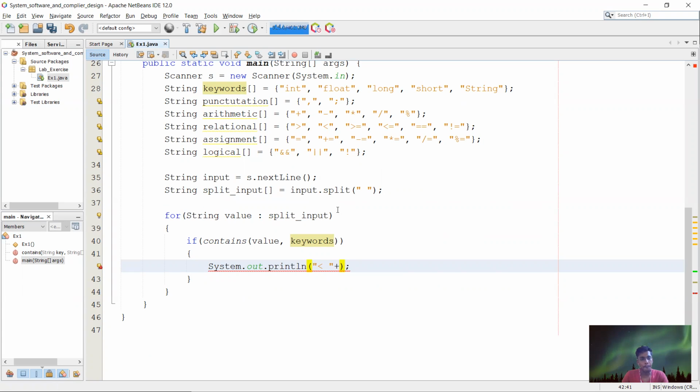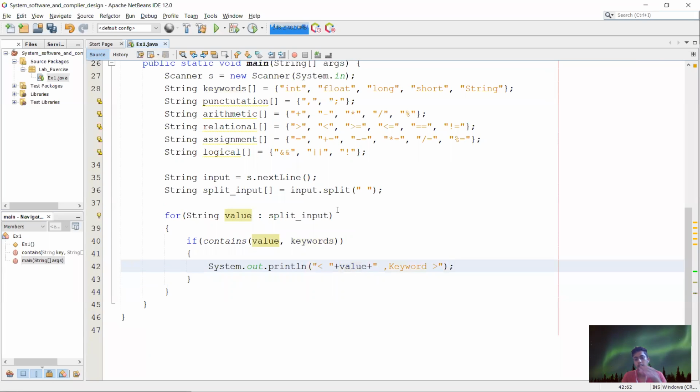Inside that box, we need to print value. So after that, I'm giving comma keyword. This was a keyword. So after that, I'm closing that bracket.